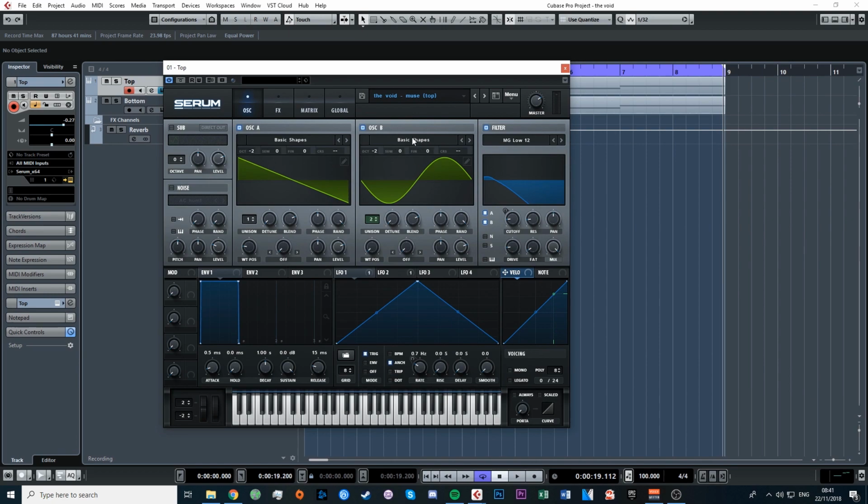For the second oscillator, same thing, but we're having it on the sine wave. Again, we want it 2 octaves down, and we want the unison, so we want two of them played at once, and make sure the detune's all the way down. But you can have it slightly up a little bit, and it does have this sort of widening effect. For the filter, we want the MG low 12, and basically you want to click these two